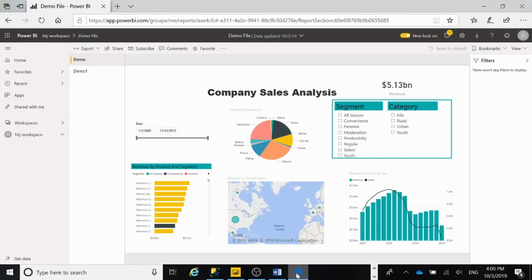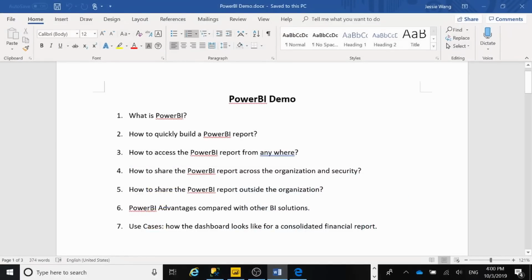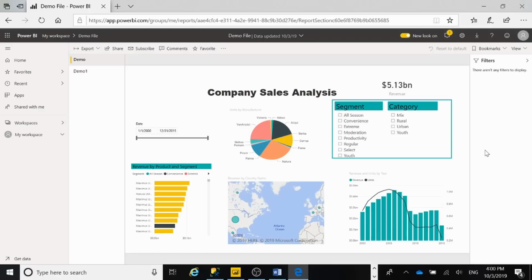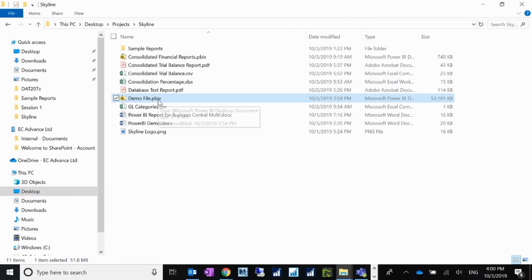Another thing I want to mention is how you share the Power BI report across the organization, and how to control the security. As I mentioned, you can use this Share button, and as long as the other person has a Power BI Pro license, you can share this report with them. If you don't have the Power BI Pro license, another way to share the report is to send this Power BI PBIX file to the other person. The other person is only able to open this report and see the cached visual content,